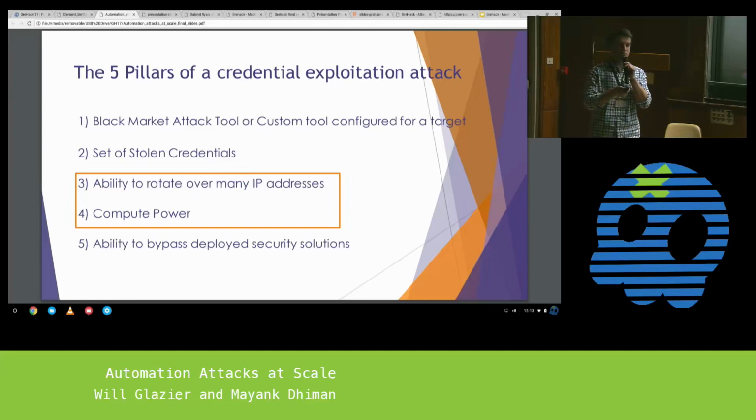oftentimes, like with many other things when you're testing, you want to just change one variable at a time. You'll change the tool if it's not working. You'll change the credentials if they're not working, or you'll change the infrastructure. Not often do we see them change many things at once. But let's go over